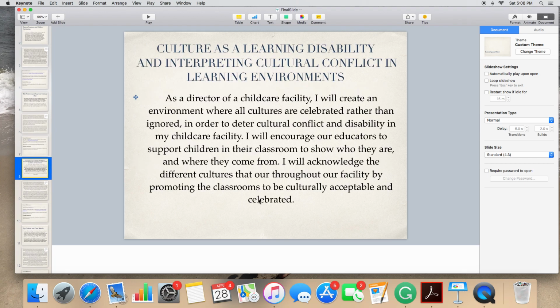Okay, slide 4, culture as a learning disability and interpreting cultural conflict in learning environments. We were given the opportunity to read a text during this lesson that really stood out to me about a child named Sherman Alexie, who shared his experience of dealing with cultural conflict while attending school on an Indian reservation. The text was a clear and evident example of miscommunication, lack of understanding, and lack of knowledge about cultures in